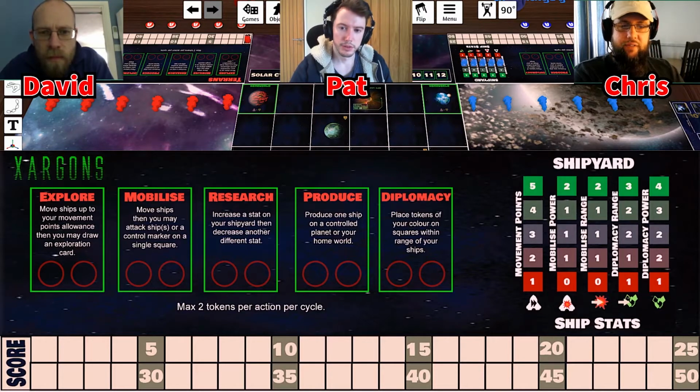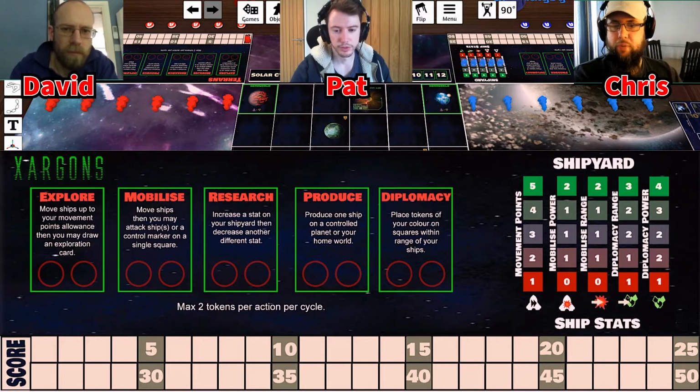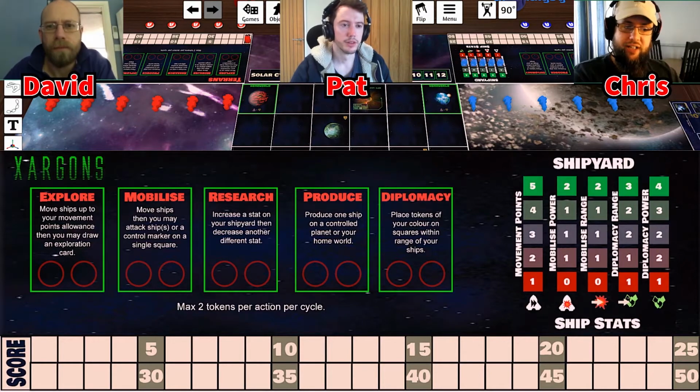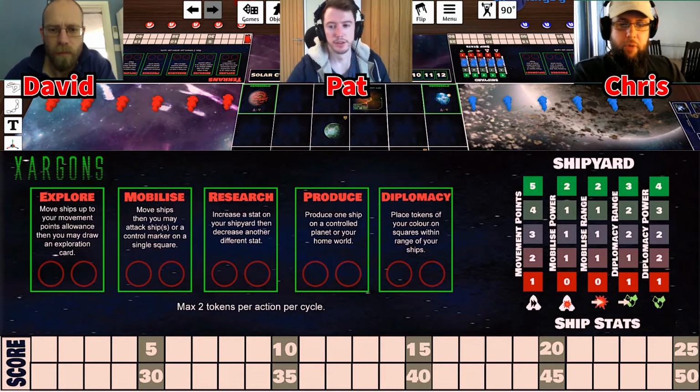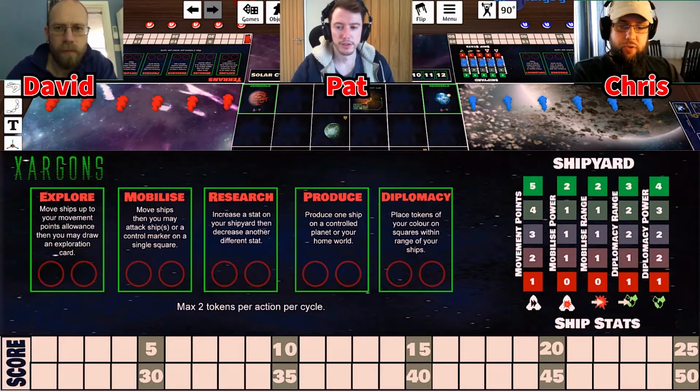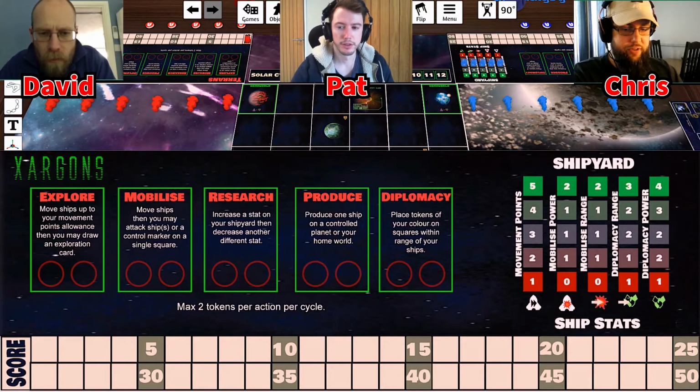So I will zoom in on one of the boards here and explain the actions. You have 5 actions you can do during the game. You have your explore action, which allows you to move ships up to their movement points, as shown in the shipyard to the right. Then you may draw an exploration card, which can be one of many things I'll go into shortly. Then you have your mobilize action, which allows you to move ships again up to your movement points, and then you may attack a square with a control marker, which I'll explain in a minute, a control token,